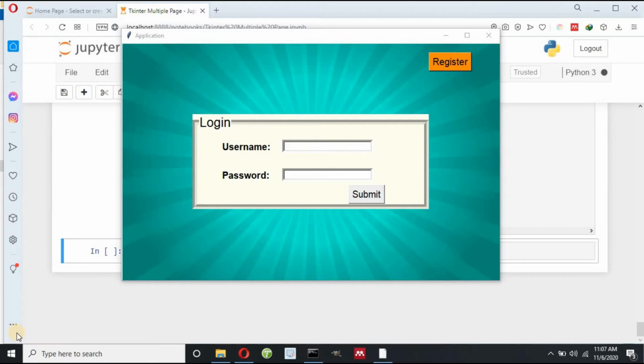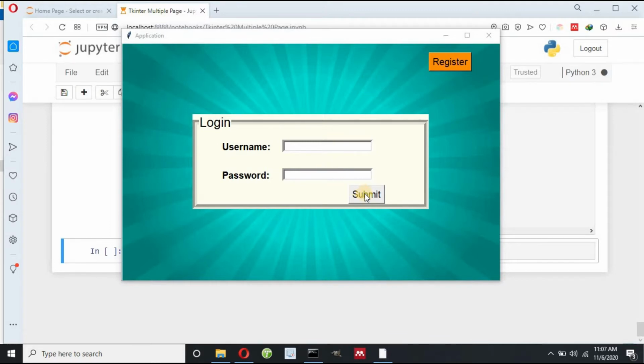You can see one Tkinter window application on your screen. This is a simple login form. I have already made a video on Tkinter, but at that time I used only one window. This time I will use multiple windows. Means if I click this submit button, it will display the next window, and after I click next from the second window, it will display the third window.